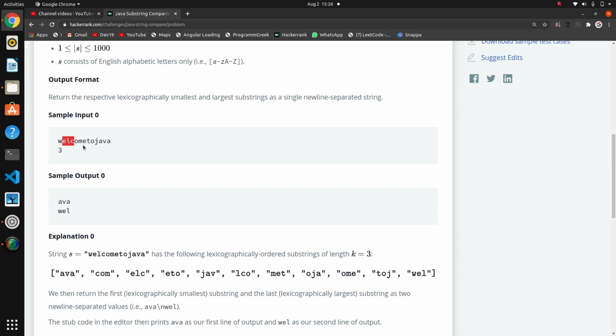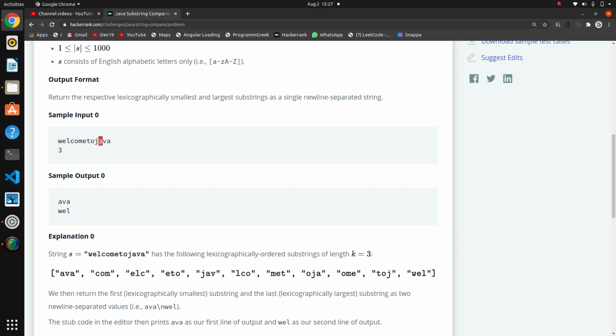And where to end? We will get elc, then lco, and lastly the substring ava. After that we will not get a substring with length 3, because there are only 2 characters, va. So we have to iterate till this ava.